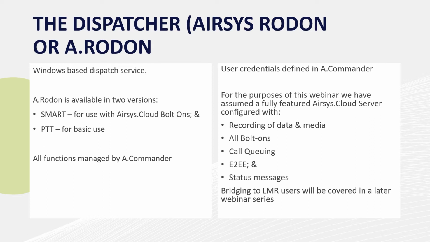It's available in 2 versions currently. That's the Smart version, which comes with all the bells and whistles of the Airsys.Cloud bolt-on, such as Lone Worker Protection, Task Manager, indoor localization, video calling, all those nice features for a fully fledged system. Or there's the Push to Talk application for basic use only, which will give you push to talk features and messaging along with GPS tracking as well, of course. Much like the application in that way. So if you've got the push to talk apps on all your devices, then there's no reason that you shouldn't have just a push to talk